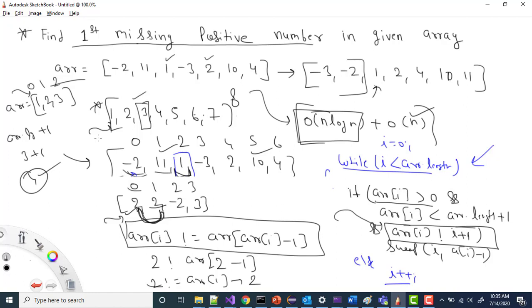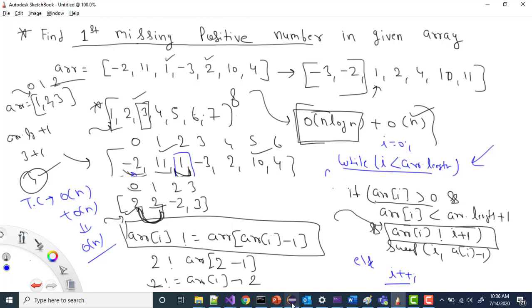And if you look at the time complexity, we are iterating over all the elements in the array, so if we have n elements, the time complexity will be O(n). Then we iterate again in a loop to check which value is not matching, so that is also O(n).